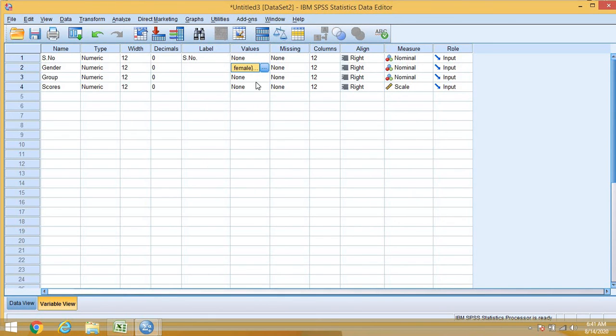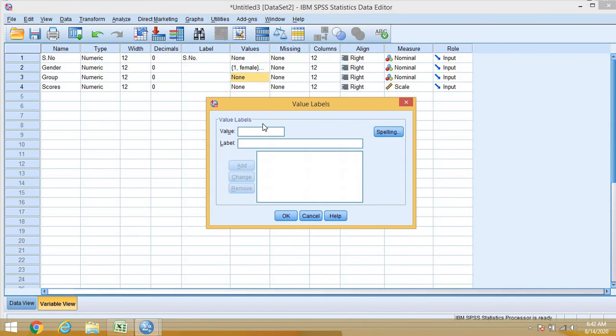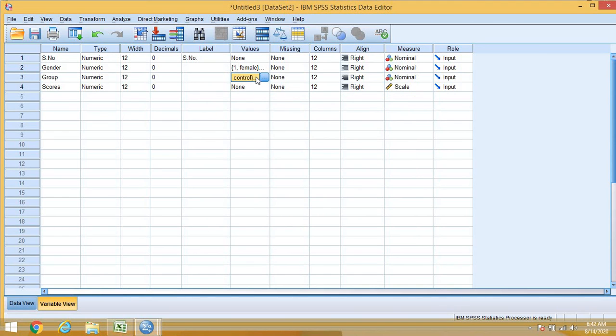I've mentioned values now in the gender column. Second, for the group, again in the same way, value 1 to control group, add, and value 2 to experimental group, and then add. OK. Now I've mentioned values here.